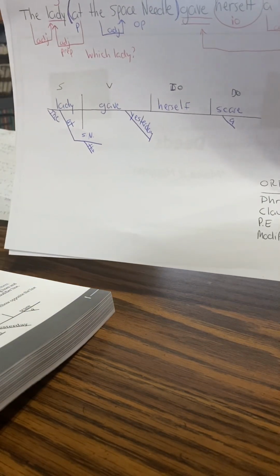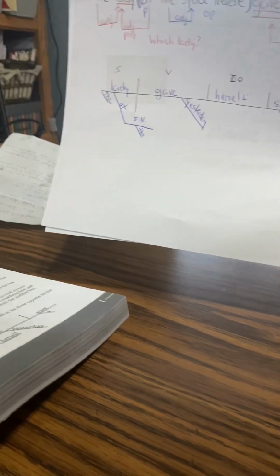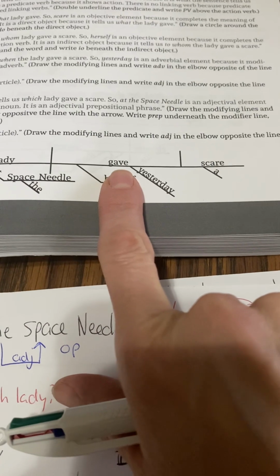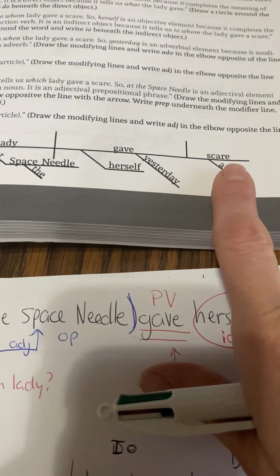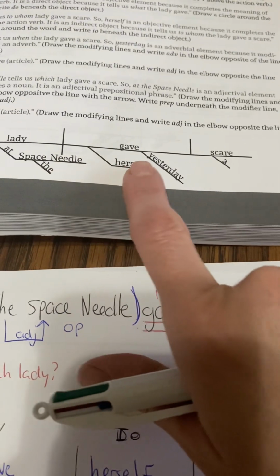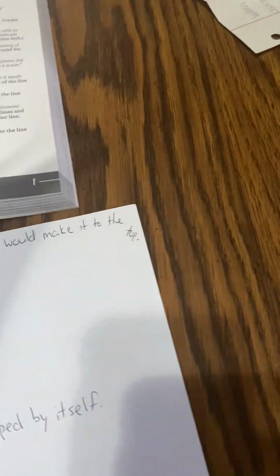So that's what it would look like. But I will show you how they did it in the book, which is a little different. You can choose which way you would like to do it. They put the subject, verb, direct object like we normally do, but then they put the indirect object underneath of the verb. Okay, the next sentence I have here